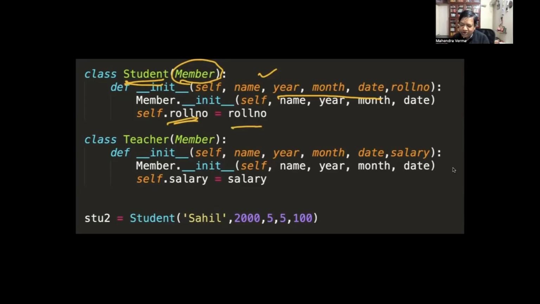Instead of member, I could have called it person as well. In fact, I think of a school. School has members. Some are students, some are teachers. So we create a different class for students and a different class for teachers. A teacher also has a roll number, but not that roll number. It is a different roll number, like in Kanpur, we have a PF number.